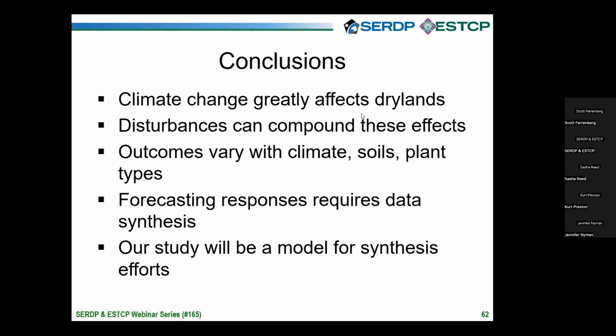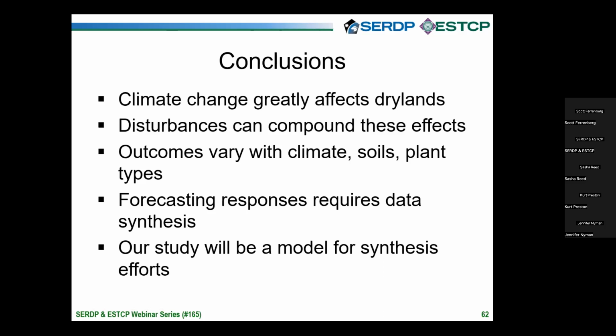Well, the answer is there's still such a thing as drought in drylands, and we can see that it's having an effect on the vegetation communities and other measures. Disturbances can compound these effects, but it's not in a way that would be easily predicted. Disturbance isn't immediately a negative thing. It's really contextualized as to what portion of the organismal community we're focused on and over what time frames.